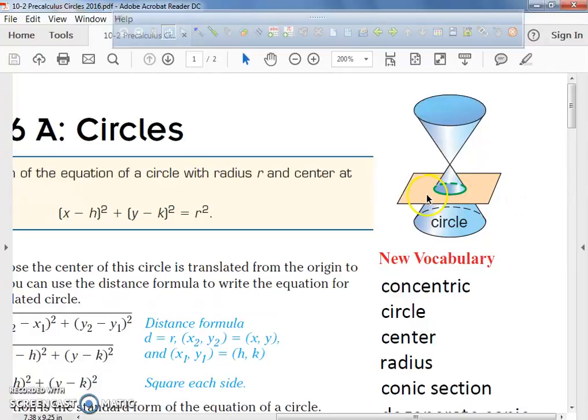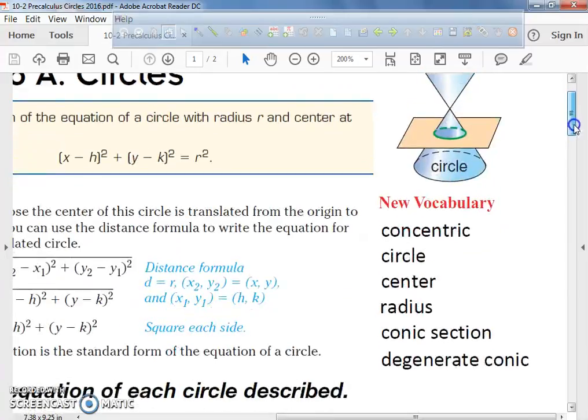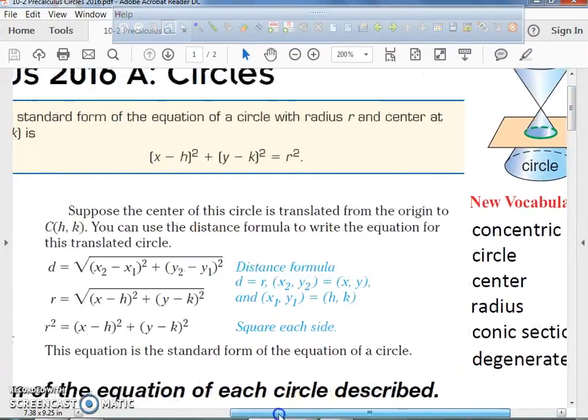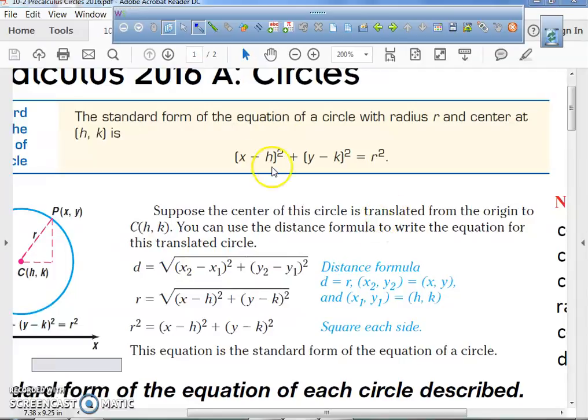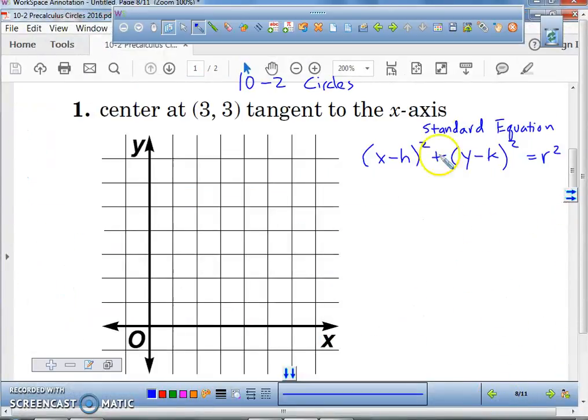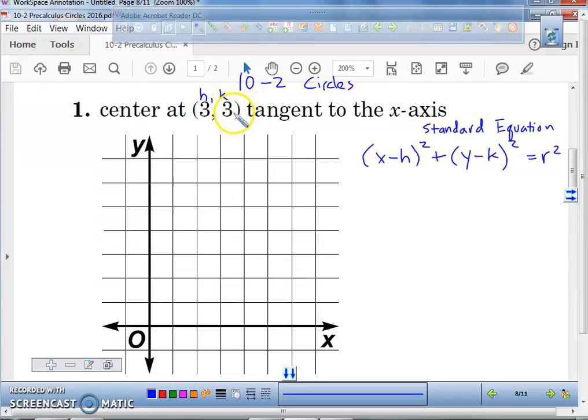That's if this plane, or this piece of paper, whatever you want to call it, cuts through it. Now, going back down, make sure you guys have this in your notes: the standard equation of a circle. There it is right here. I want you to understand the center of the circle is an x coordinate and a y coordinate referred to as h and k. So h is your x value, k is your y value. This is the center of the circle. So on your paper right now, put a point right here and label that as the center